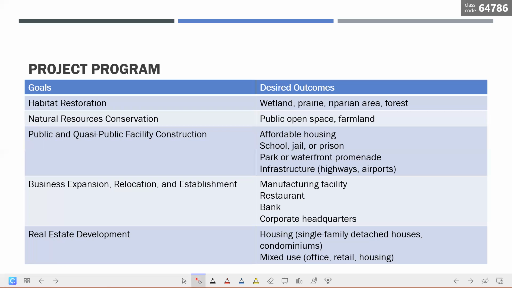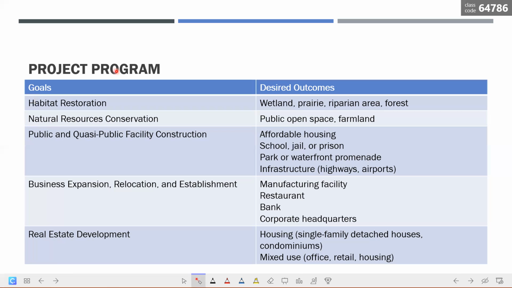I want to build and sell luxury housing. I don't have a site just yet. Can you help me find a site that is suitable? Sometimes the idea comes first, or the idea comes hand in hand with the site, or the site comes first and the idea comes a little later. So either the idea will influence the site, or the site will influence the idea. In this slide,